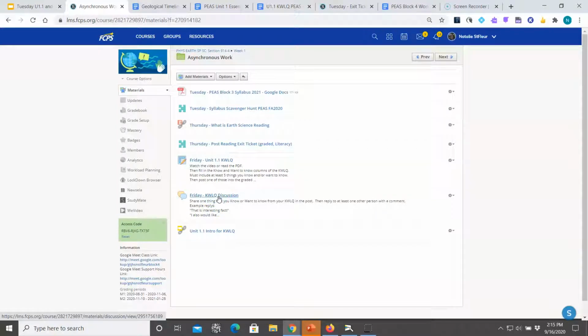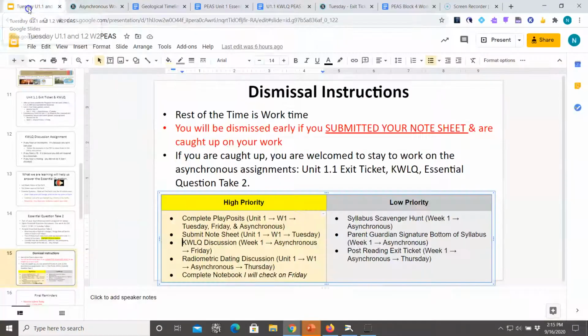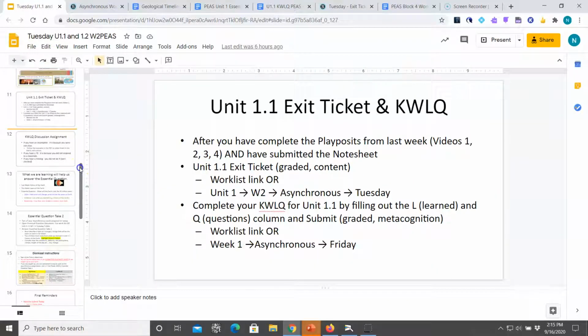You have to write either something you know or want to know that you've written in your KWLQ about the history of the Earth. But then you also must reply to another student. So if you haven't done that, or you haven't done it well, you're going to have different grades. So let's talk about the grades that you may see in your